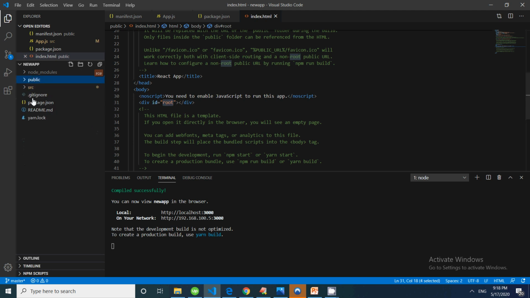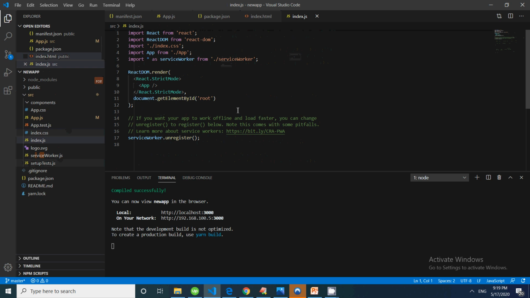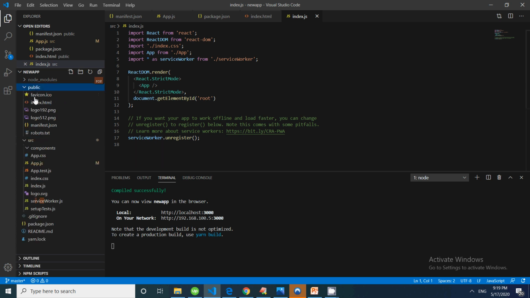Then in our source folder we have different types of files. The other very important file is index.js. Why is this file important? Because it loads the root that we just checked in the index.html file.